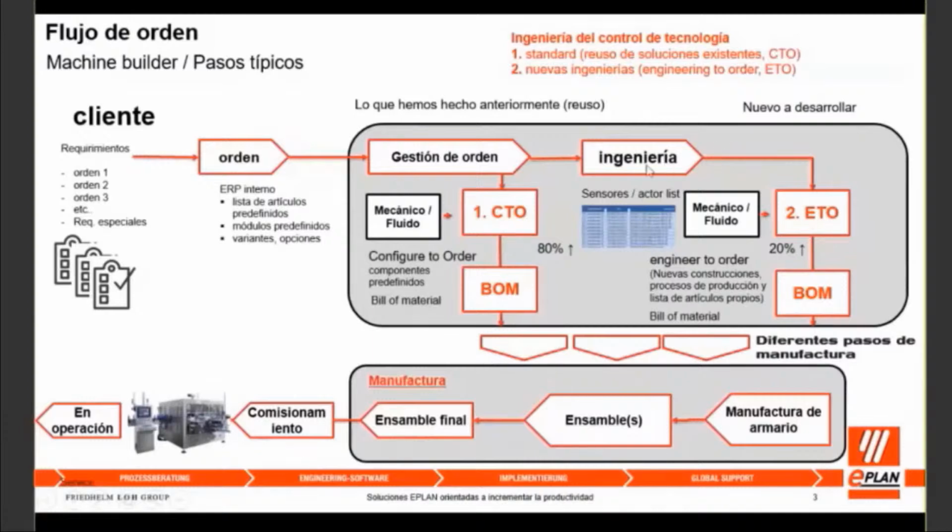Ya en esta parte se hace lo que es el ITO o la ingeniería to order, como lo habíamos visto previamente, y de aquí sacamos las nuevas construcciones, los nuevos procesos y los nuevos artículos que no se encontraban desde la preconfiguración o desde las librerías que tenemos en este caso. Tenemos el bill of material, hacemos la conjunción de bill of material, además de que,